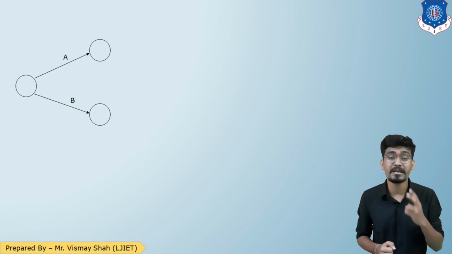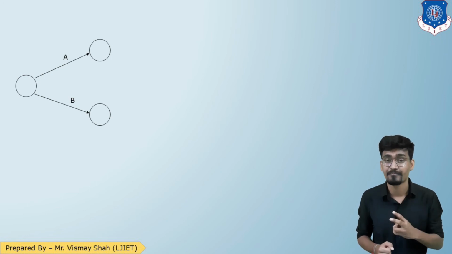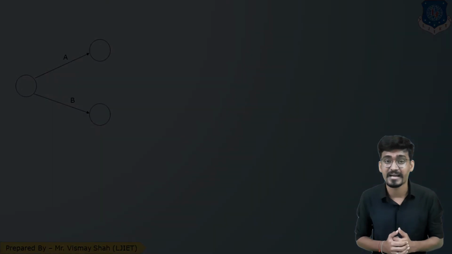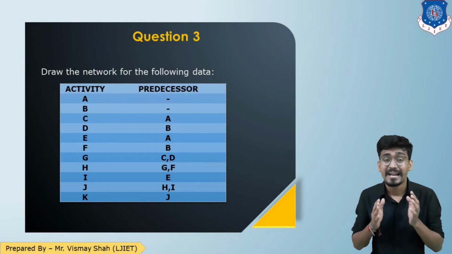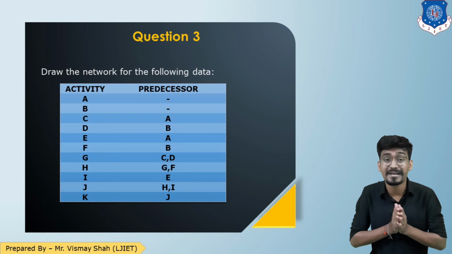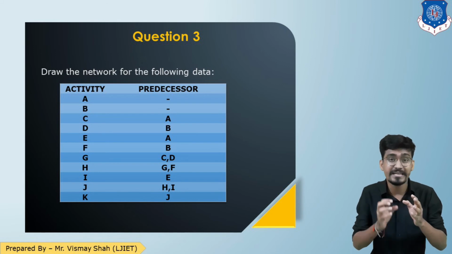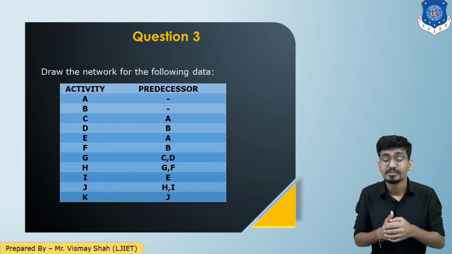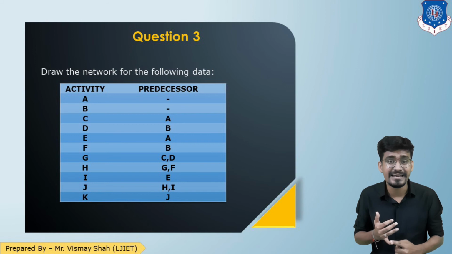So this is the representation of the first 2 data. Now let us come back to the question and read the further data. So here, students, now we will focus on predecessor. Activities whose predecessors are common are easy to represent. So as you can see over here, activity C and E